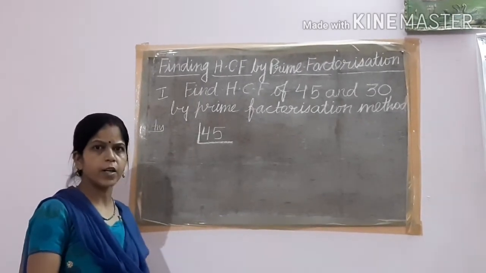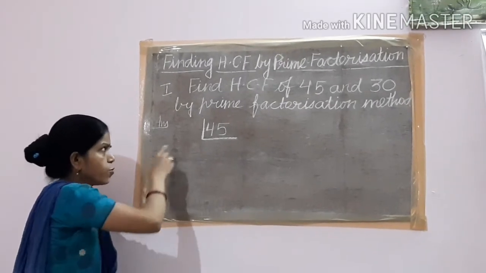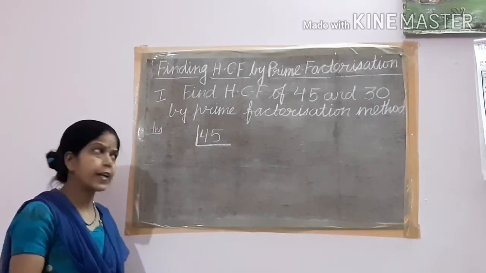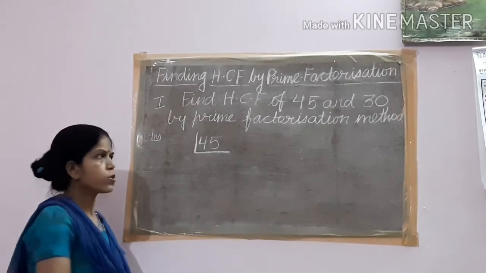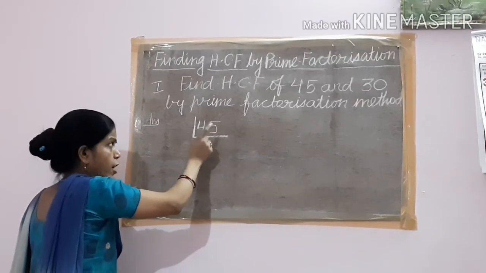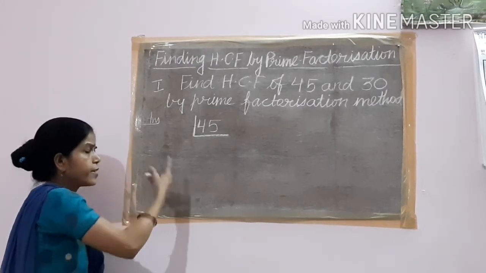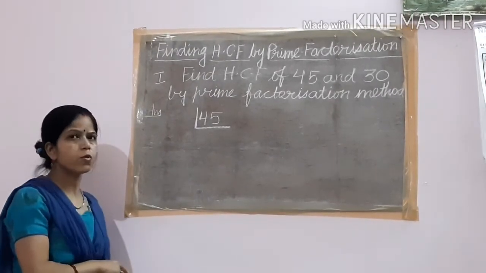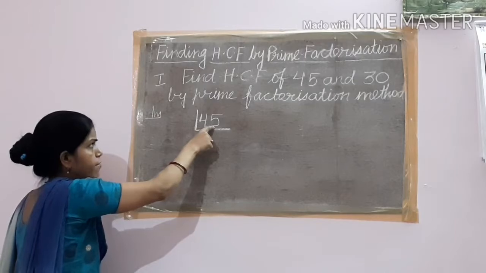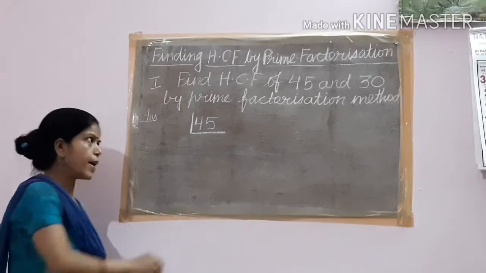So children, you know 1 is not a prime number. Which number will you take then? You will take 2. So children, is it divisible by 2? No. I taught you the divisibility rules also. If in the ones place 0, 2, 4, 6 or 8 is not present, then that number is not divisible by 2. Now take the next prime number. What comes after 2? 3. Is it divisible by 3? Yes. 4 plus 5 is equal to 9 and 9 comes in the 3 table. So this number is divisible by 3.